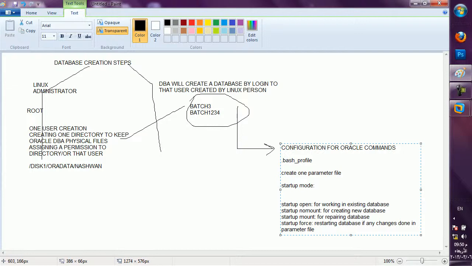Otherwise he will ignore it, he will not understand that you have added something. For that purpose, if you make changes in the parameter file, you give the command startup force. So he will go to the parameter file again, check it, and all the things are done again from start to end. Or simply shut down the database and give the startup command again if you don't want to give startup force.